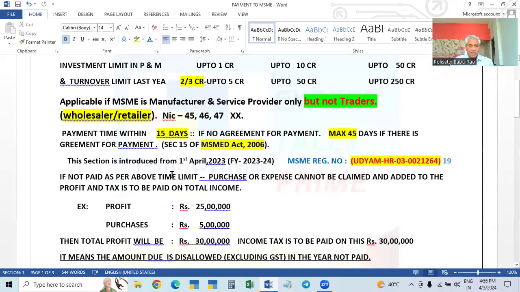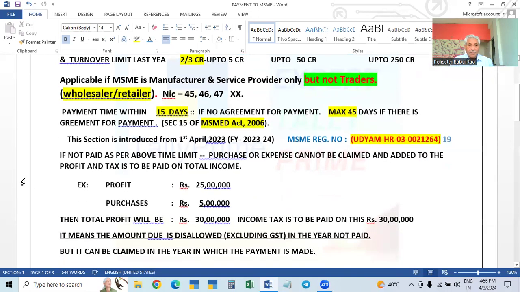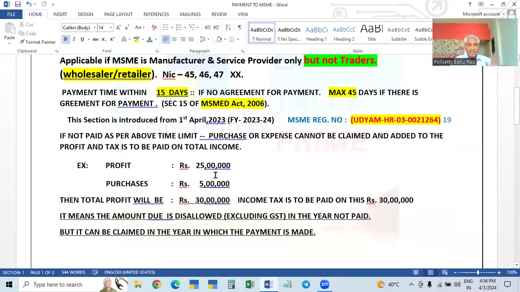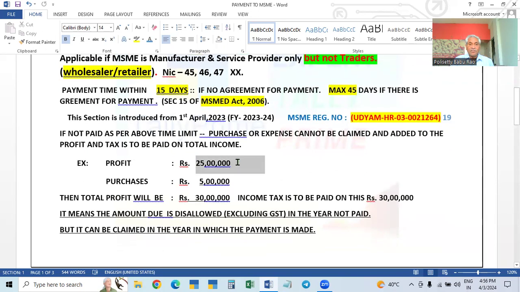I'll give one example. Say from 1st April, if it is not paid as per the above time limits, purchase or expense cannot be claimed; that is disallowed and added to the profit, and tax is to be paid on the total income. For example, the profit is 25 lakhs. The purchase amount is 5 lakhs. So if the